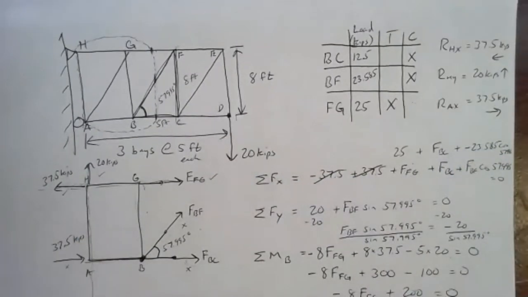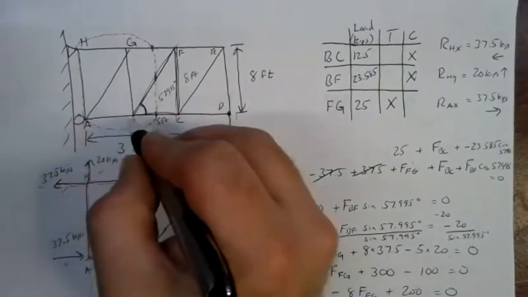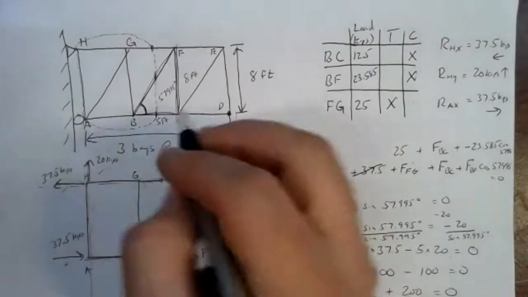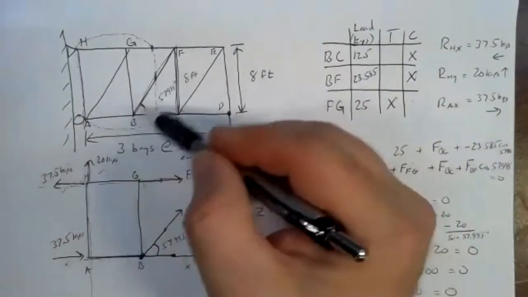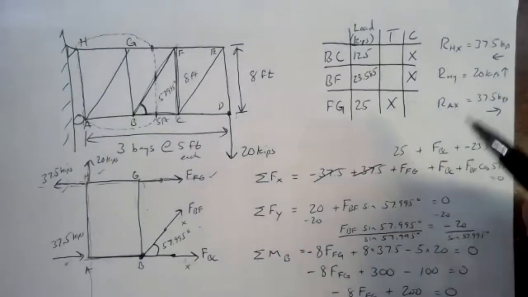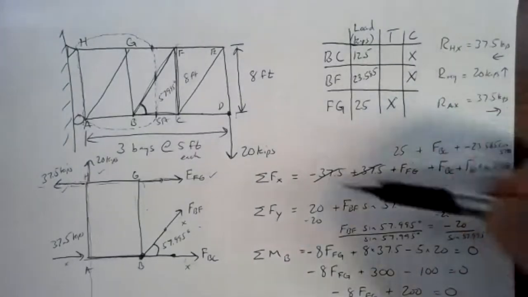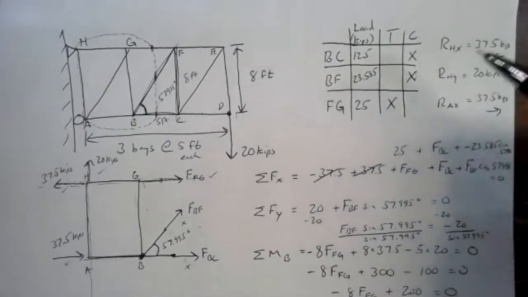Would you normally round to 3 sig figs up top? Yeah, at that point, you can go ahead and do your rounding, unless you were going to use it for another calculation. If, for example, we also wanted to get member BG out of it, and we decided to do a method of joints at BG, you wouldn't want to round off BF because you're going to need that in the calculation. But if this was your final answer, then yeah, you could go and draw a final answer table with this rounded off to 3 sig figs.